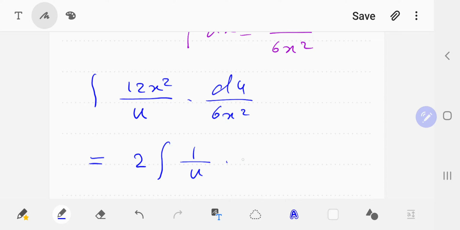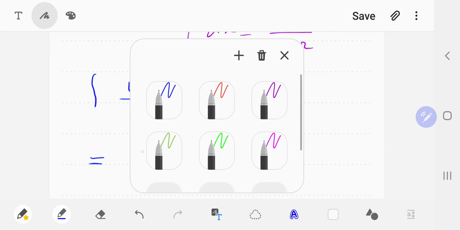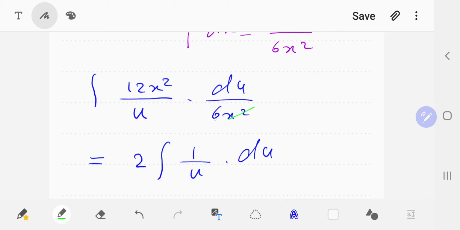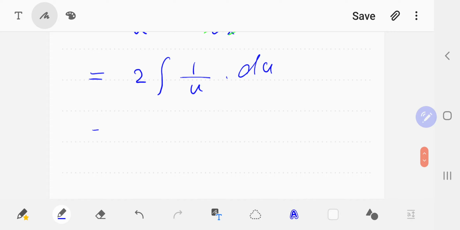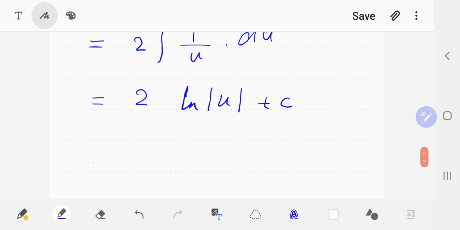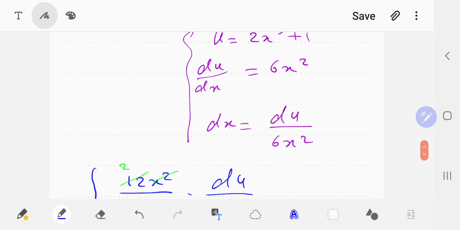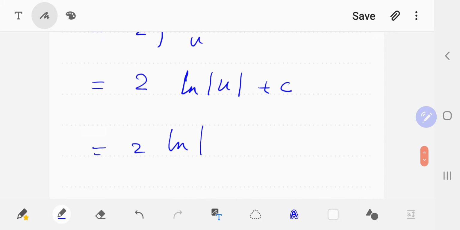1 over u du, since x squared with x squared cancel, and 6 with the 12, so it's 2 over u. What does this mean? This means that we have 2 times the integration of 1 over u. u is linear, or directly from the third rule, so it's 2 ln absolute value of u plus c. Now just replace u: 2 ln absolute value of what was u, 2x cubed plus 1